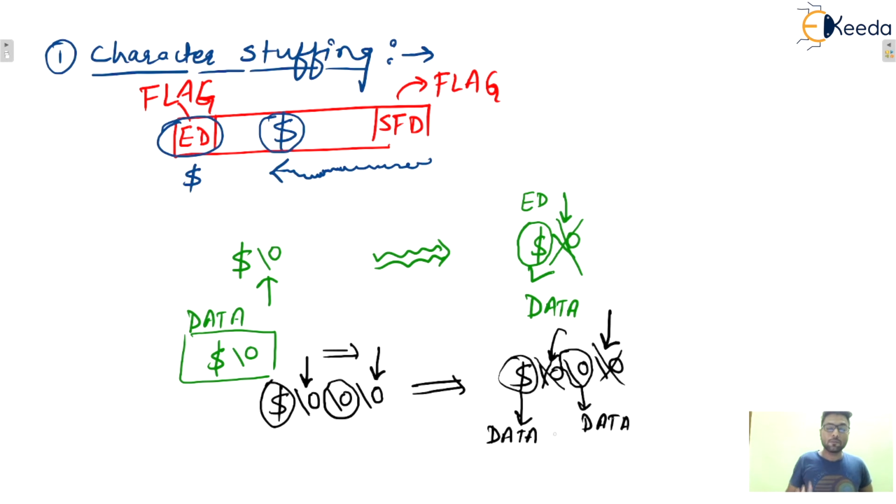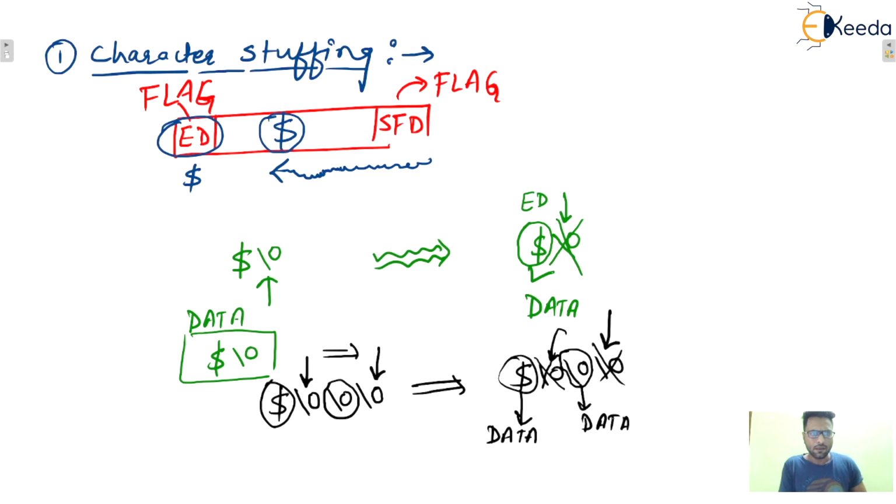If a null character is also part of the data, then for every null character, one null character will be added, and for every dollar, one null character will be used, isn't it? In this manner, with the first null character, the receiver will think that this is special, used for indication, will remove it and will accept the next one as data. Whenever the next null character is seen, the receiver will remove this one and read the next character as data. So here the null character is for indication purposes. Whenever a null character comes at the receiver end, one more null character will be there that is added by the sender.